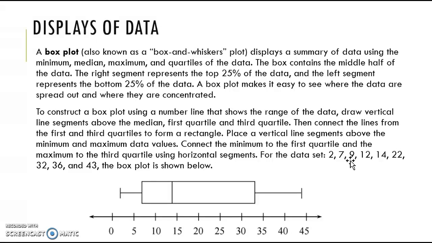We've got our minimum, median, maximum, and quartiles that we discussed last week to display this data. So the box ends up containing the middle half of our information, and the right and left segments, the top and lower